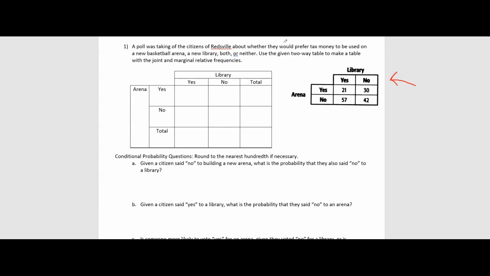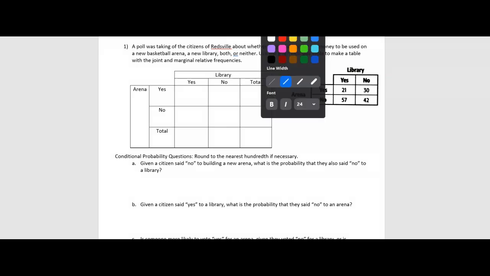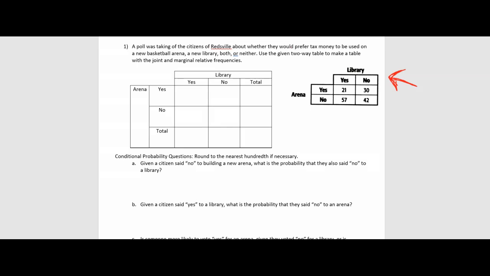So let me kind of explain what that means, right? This table over here, next to the red arrow, is showing us the total number of people that voted on different things, right? So this 21 doesn't represent a probability. It represents 21 people who voted yes on the library and yes to the arena. If I look at this 57, that represents 57 people who voted yes to the library, but no to the